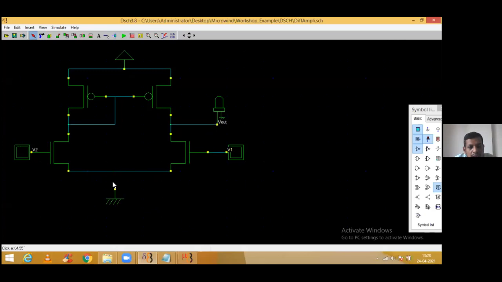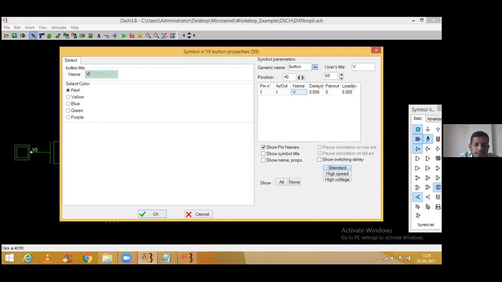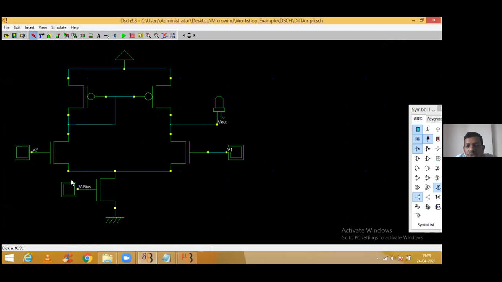We are quite bothered about the gain, so we can add one more NMOS transistor over here, just to adjust the gain. And to that, we can add a V bias over here, which is actually a biasing voltage. So depending on this V bias voltage, whatever we are applying over here, the gain of the whole differential amplifier is to be controlled. Are you getting these feelings? Please, everybody, in terms of yes or no. I will tell you how that is going to work. Don't worry about that.